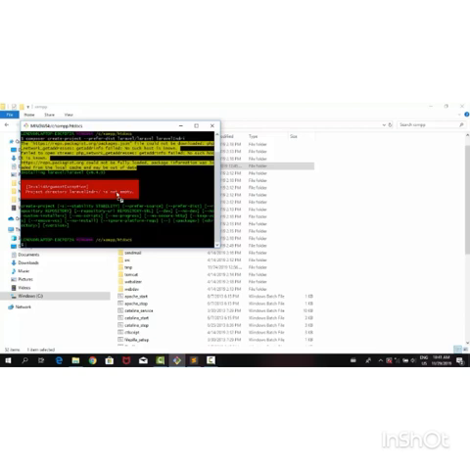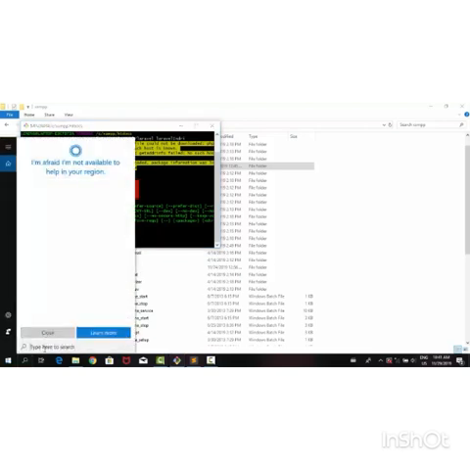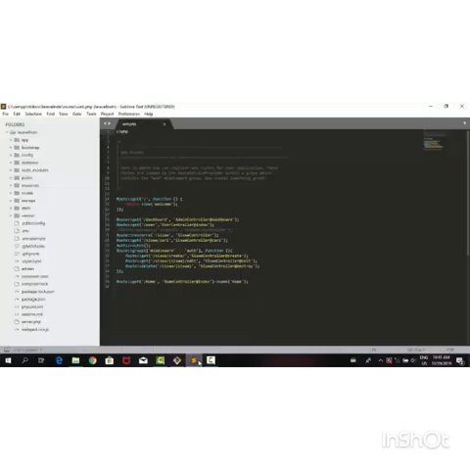Then we open the file in our text editor. Here I use Sublime Text Free. You must open it like this. If it appears like this, that means our Laravel has been installed properly. We continue to make the model, controller, and migration by opening Git Bash and typing the syntax with